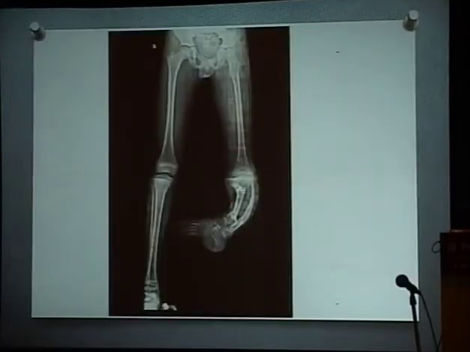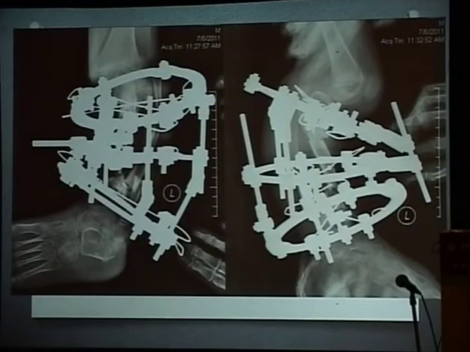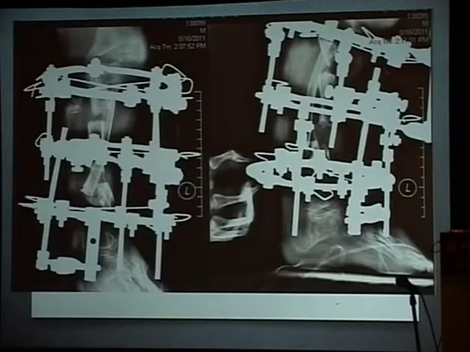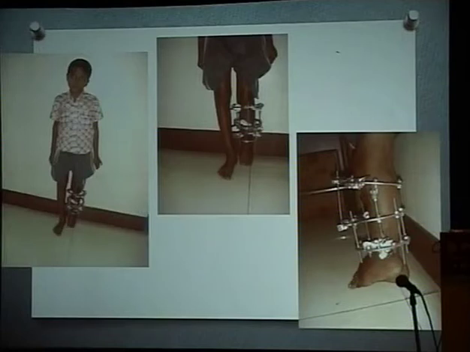He was advised amputation. He didn't want amputation, so I decided to salvage his limb by Ilizarov. Did double level osteotomy, corrected the plateau orientation, and did limb lengthening. He's still on treatment, but now his limb is at least looking like a human limb.